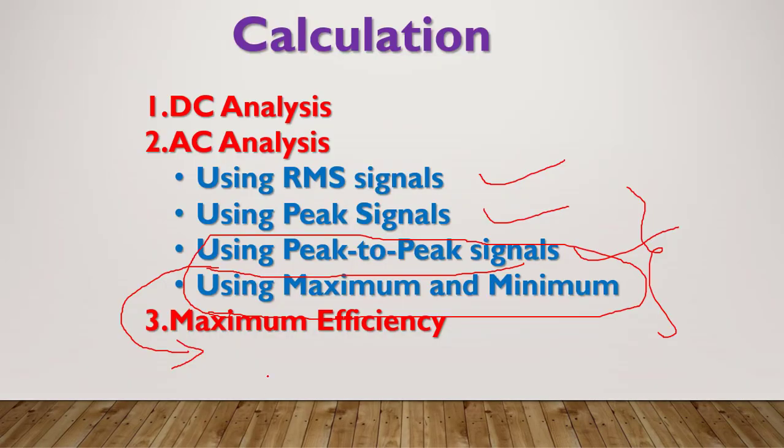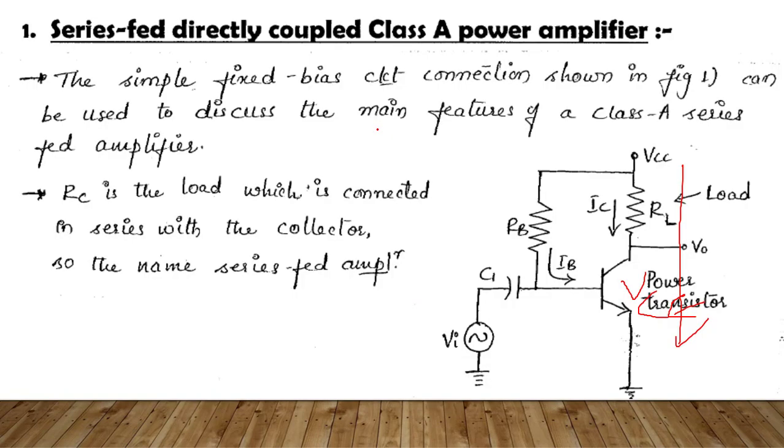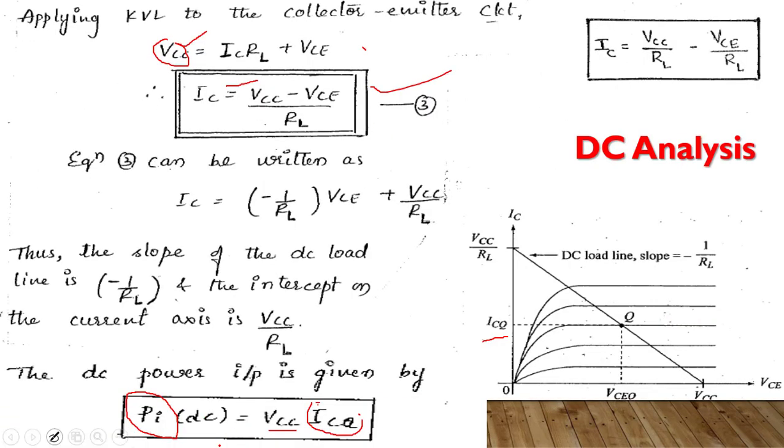Here I told, yes or no? This is called the input, and this I call the output. In the same way, the input analysis is DC, and here you have to remember that P is equal to V into I. Everyone knows. Remember that the input is always VCC and ICQ is the output side, so we take V into I. VCC into ICQ is the equation for the DC power. There is no derivation; you can simply take it from the power equations, the V into I equation.